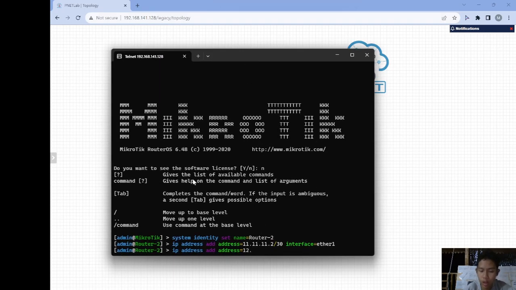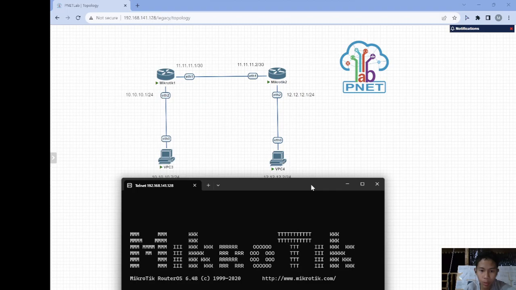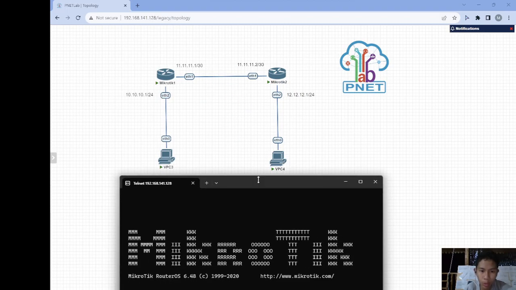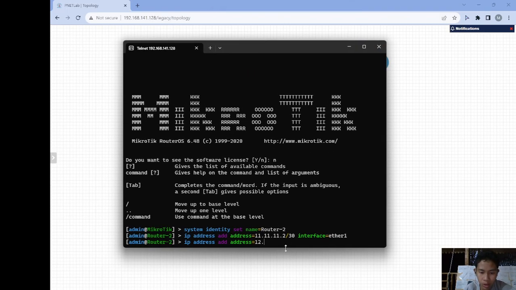Before you configure the IP address, you must look at your topologies. Make sure your topologies and your configuration are correct. Continue to